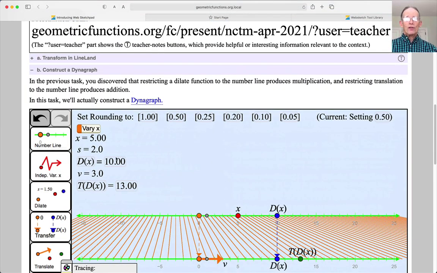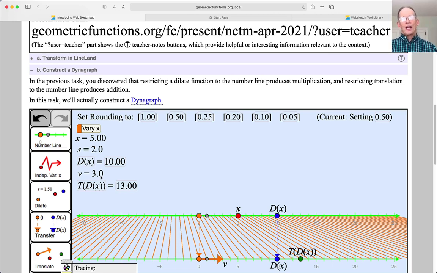The value of d is 2 times the value of X, so it's related to the scale factor, essentially multiplies the value of X. So this is S times X is the value of d of X, and then the vector adds another 3 to it, so we really have t of d of X is equal to S times X plus V,